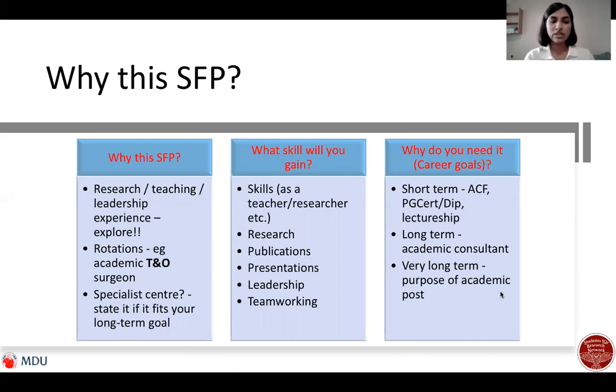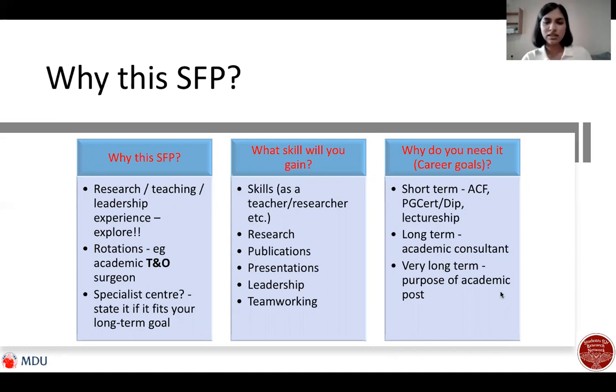And let's say your deanery has a specialist center, like a cardiothoracic center. So you can talk about that as well and state that that's your personal and academic reason for choosing this specific AFP. Talk about the skills that you will gain and how you'll be able to apply this long-term into your career. So if it's a teaching one, then the skills that you will gain in education, or the research skills that you'll gain, and try to specify what kind of skills you would gain in research itself, in teaching itself.